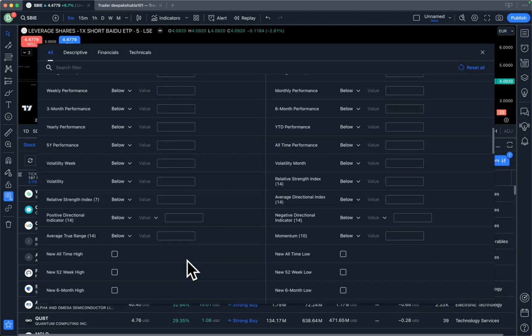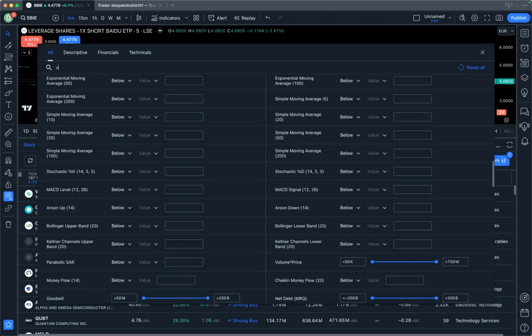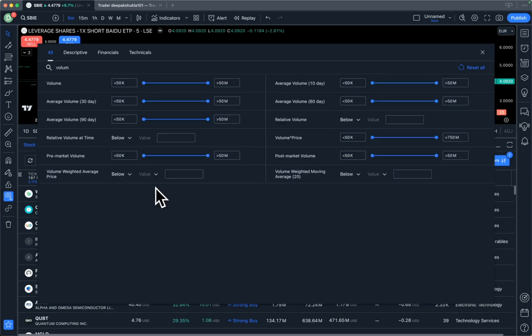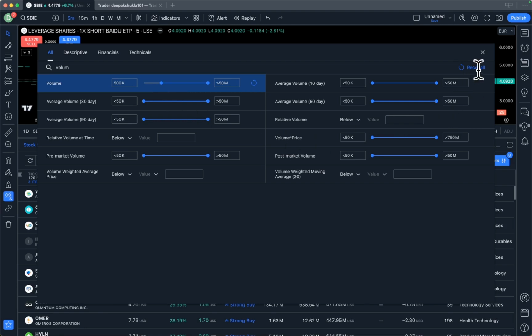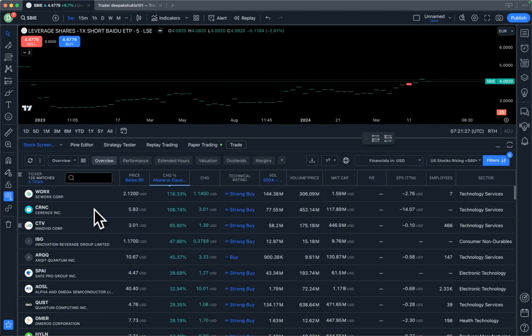So the volume is at least like 500K. And I think that's going to really help things, because now we've got 120 matches. So now, in theory, all of these actual,